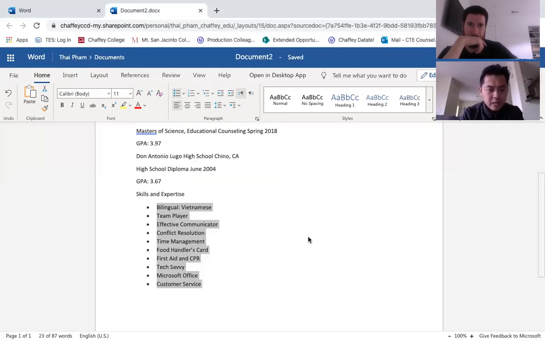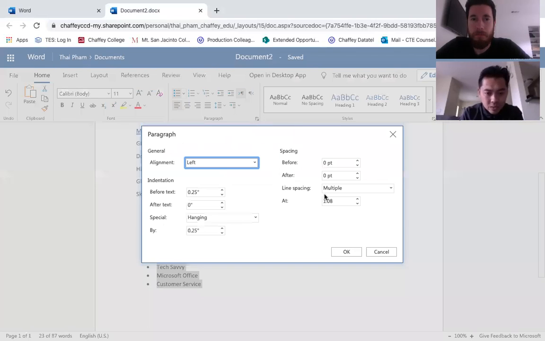Okay. So again, I'm going to show you how to build this, and then my recommendation is once you have your resume done, putting all of your information down, we do have a career center at Chaffey College where you can take this, and they can help you restructure your resume. And you all have access to everything Chaffey has to offer because you are Chaffey students. So you have Chaffey ID numbers. If you don't know what it is, we can help you look that up as well, and make sure that gets taken care of.